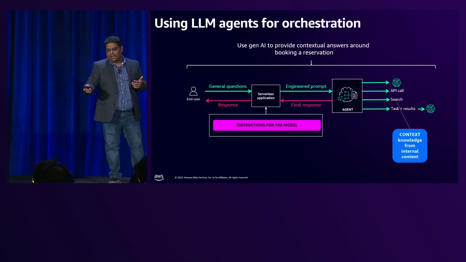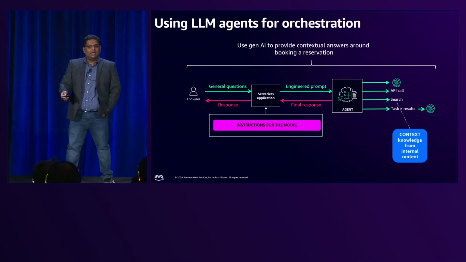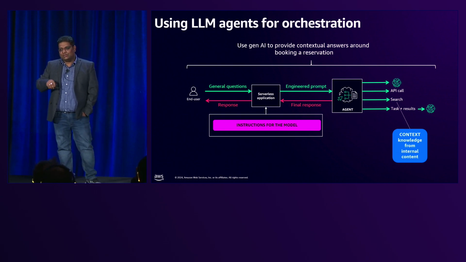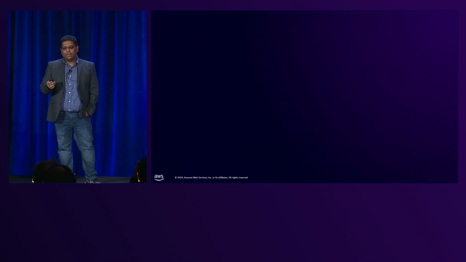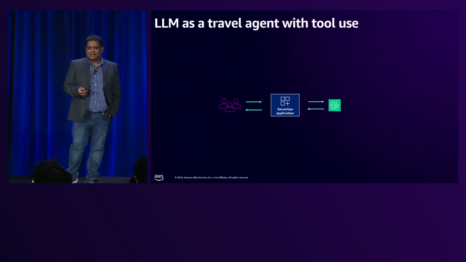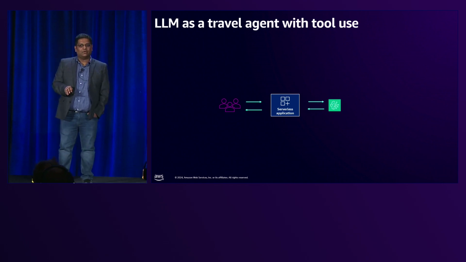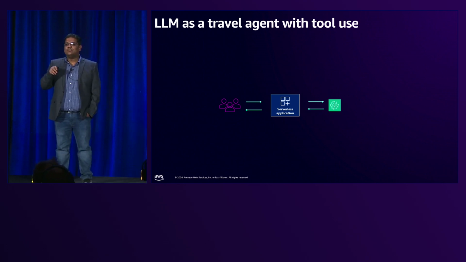It can invoke an API call or do some search, call a knowledge base, and its goal will be to actually book that reservation for you. So Bedrock agent is one of the ways you can do this. What we are going to focus on today is another way to get this done, where you don't involve an agent orchestrator like Bedrock agent, but you try to do that using the capabilities of serverless and